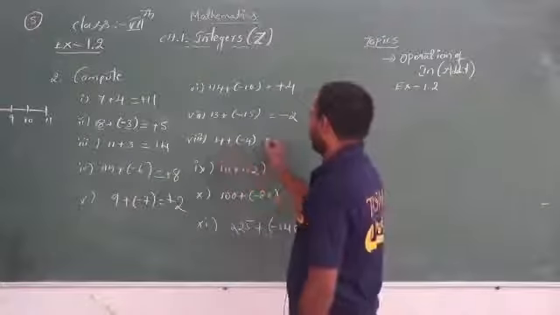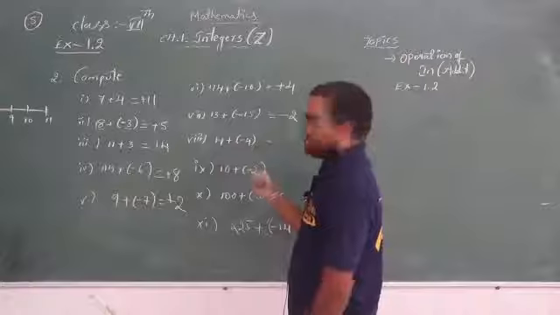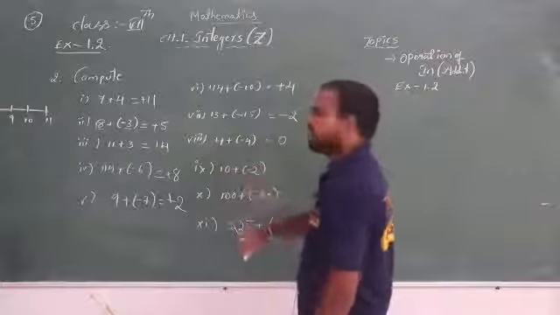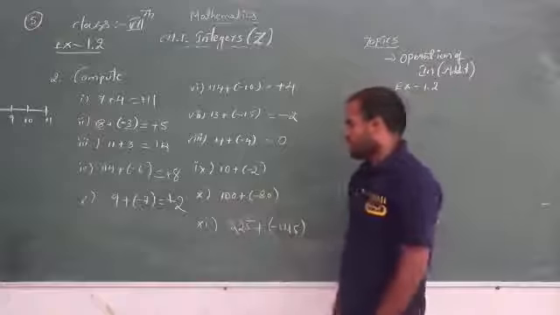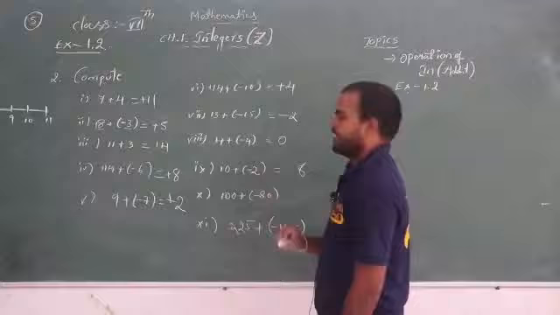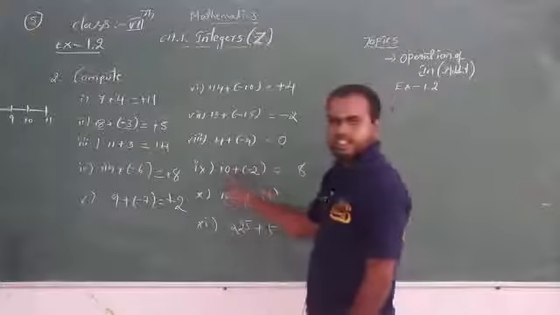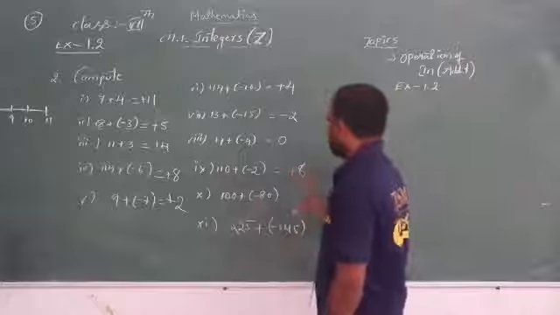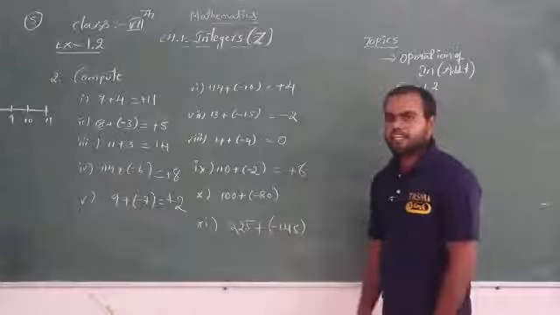Okay. So now see the next one. So 4 and 4. So what is that? Plus 4, minus 4. Plus 4 minus 4 is nothing but 0 only. Next, 10 minus 2, how much is it? 8. And which is greater? 10 is greater. And which sign will it have? Plus it will have. So it means our answer is plus 8.